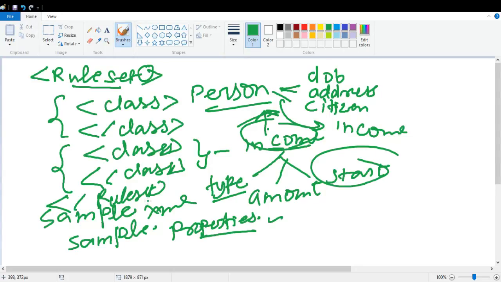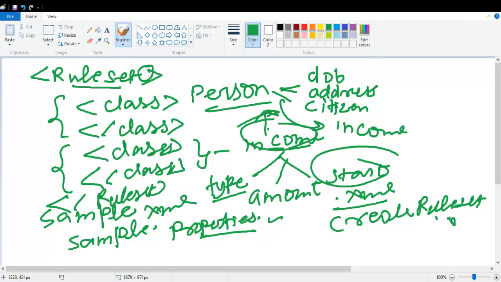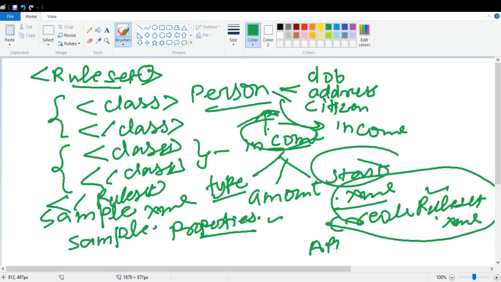So what steps are required in order to pass your build targets and to start showing its impact on your code base? What you have to do is configure your XML file in one DMX file that is called Creole rule set .xml file. In this file, you are configuring your sample.xml file, and under the app resource file,